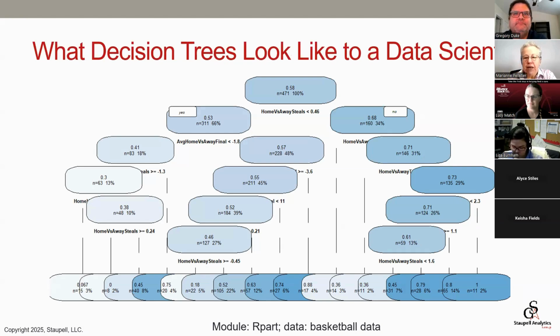So if the home team has a half or fewer steals less than the away team, if they do this, yes, then they're actually more likely to win. So if they don't have to steal, they're more likely to win. Well, that makes sense. And you're like, duh. But the machine went out and said, okay, I got steals, I got bases, I got fly balls, and I got all kinds of plays, right? So which of those matters, right? So when we figure out which ones matter, we just go duh, but then we also use it, right? And so it goes down to